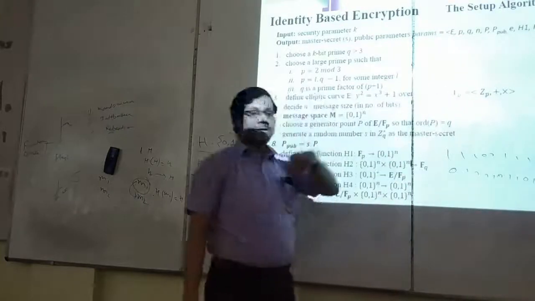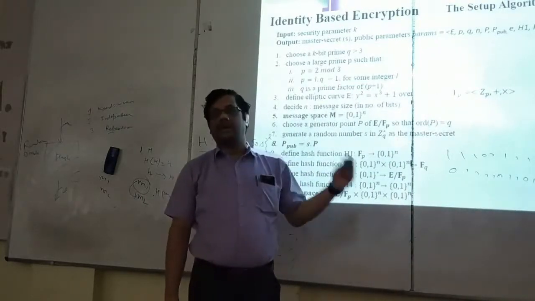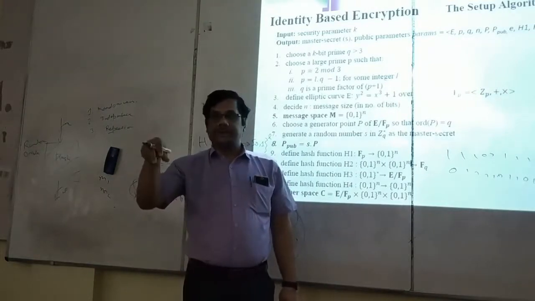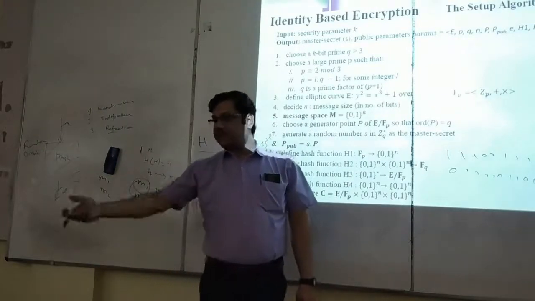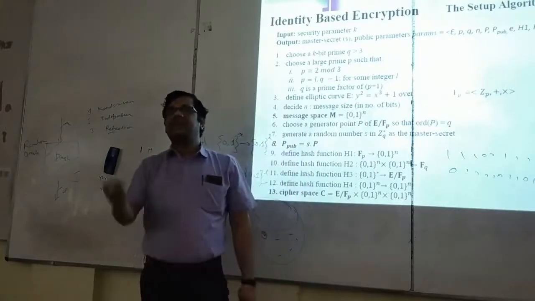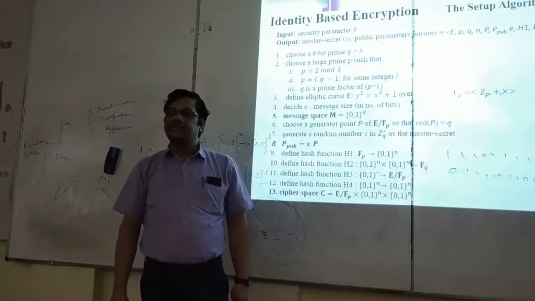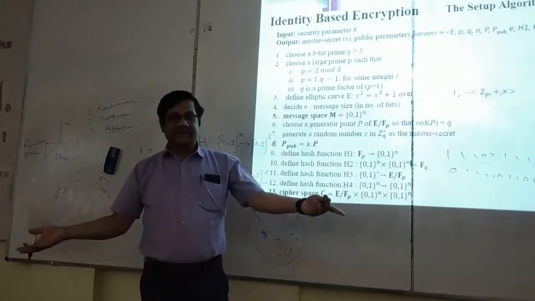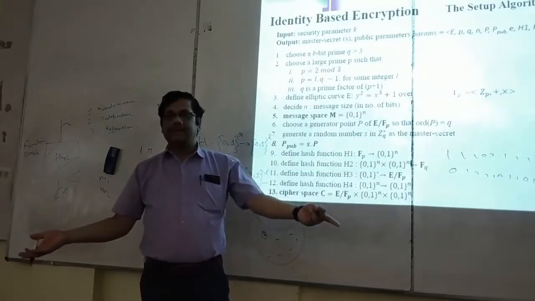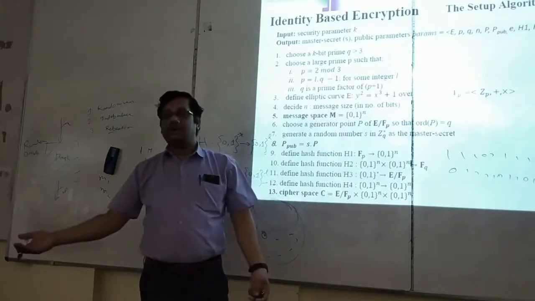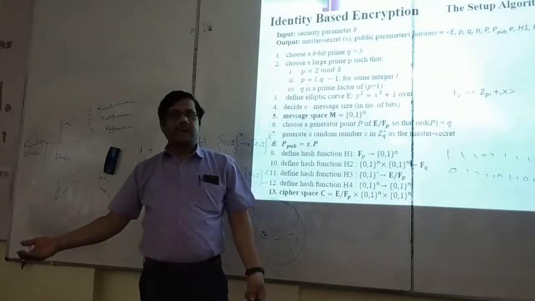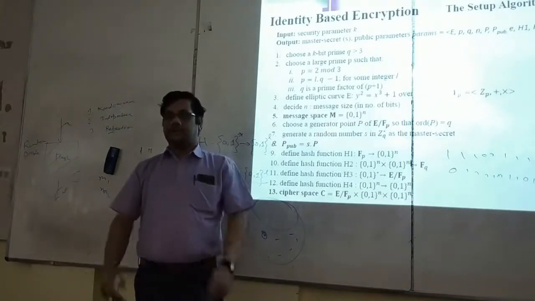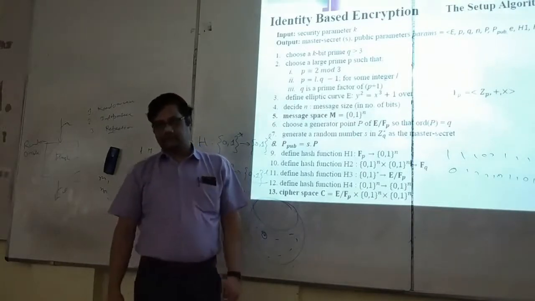Now how many ones are there in the input and how many ones are there in the output? If there are more number of ones in the input and we observe that there are more number of ones in the output, then there is a statistical correlation. It is not expected. Two messages. This message has a higher number of ones and this has lower number of ones. From this we can conclude nothing whether their corresponding outputs will have higher or lower. We cannot predict anything without computing.